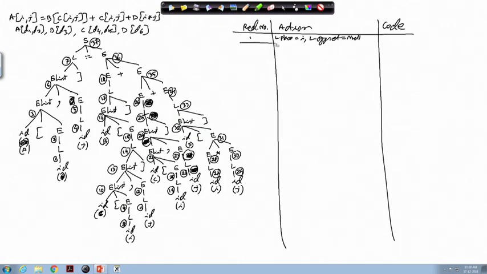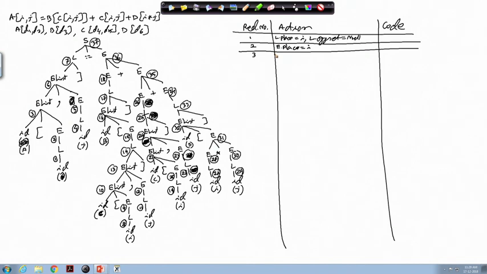At reduction 2, it will have this E producing L. So, E dot place equal to L dot place. So, E dot place equal to I, still no code generated. At reduction number 3, so there is an array.